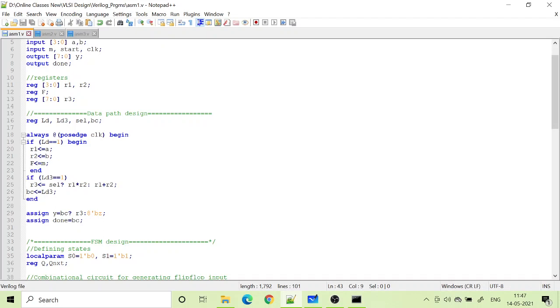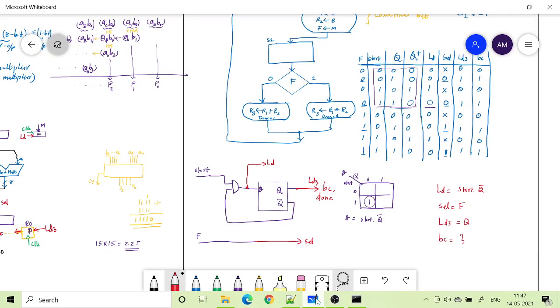Now BC. In the previous class I mentioned that BC means our tri-state buffer should be enabled when LD3 becomes high, that is, when we load the signal into the R3 register, at that time we need to enable it.